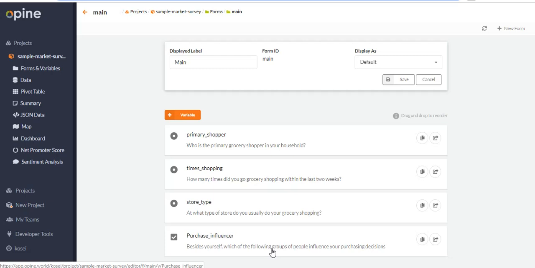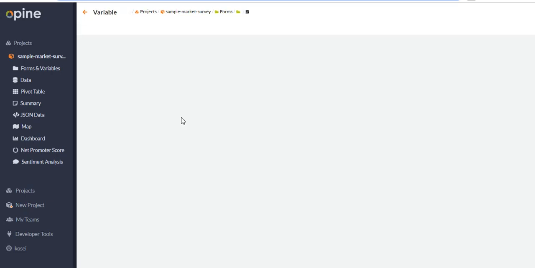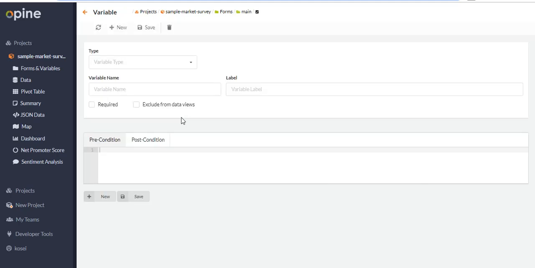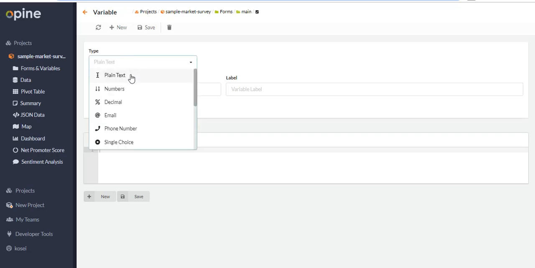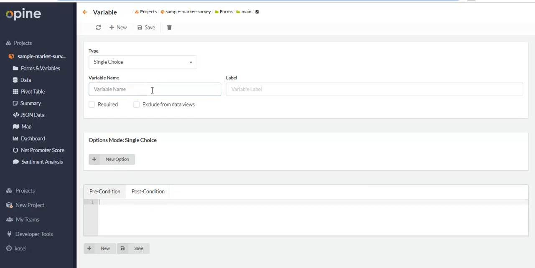So what I'm going to do here, I'm going to design another question which is going to be a helper variable, like I mentioned earlier. And this helper variable will help us get into the table, or will help the system navigate into the table. And I will explain that shortly. So let's just create a helper variable. I can just use a single choice and say,